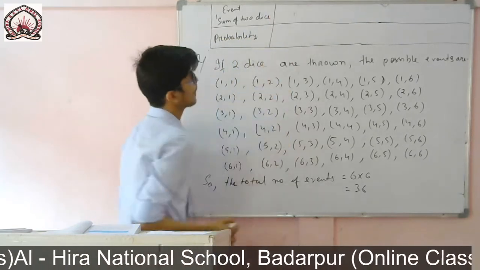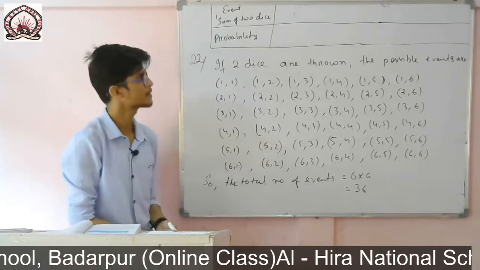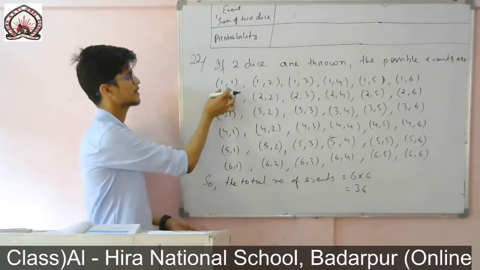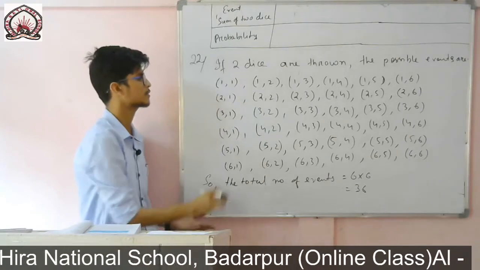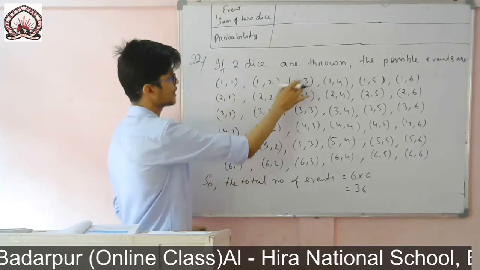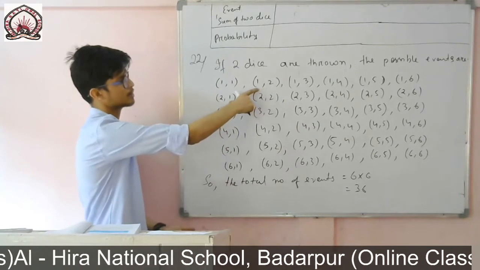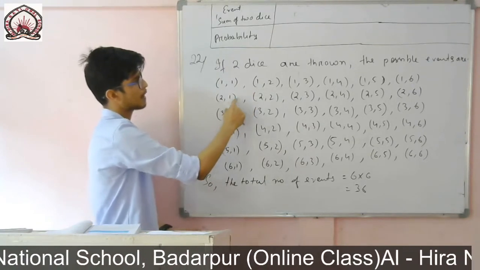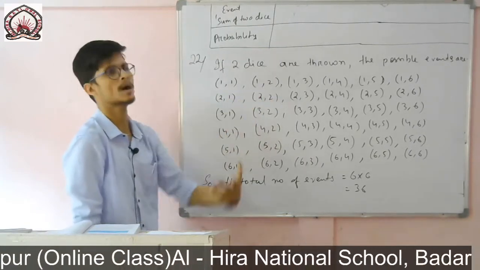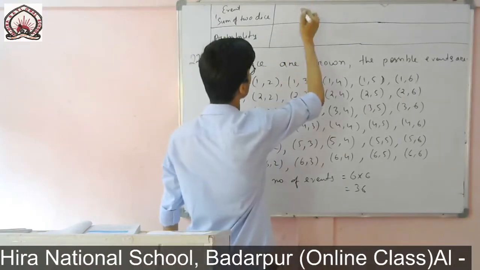In each and every case I will find directly, so be careful, or else you can find by writing like this: to get the sum 2, the possible event is 1, 1. That means the favorable outcome will be only one time. If I say to get the sum 3, only 2 plus 1 is 3 and 1 plus 2 is 3, and if you add any other number you will not get 3. So the possible events are 2, 1 and 1, 2. Therefore the favorable outcome in this case will be 2. One by one you can find, and then fill the table, or do it directly like this.